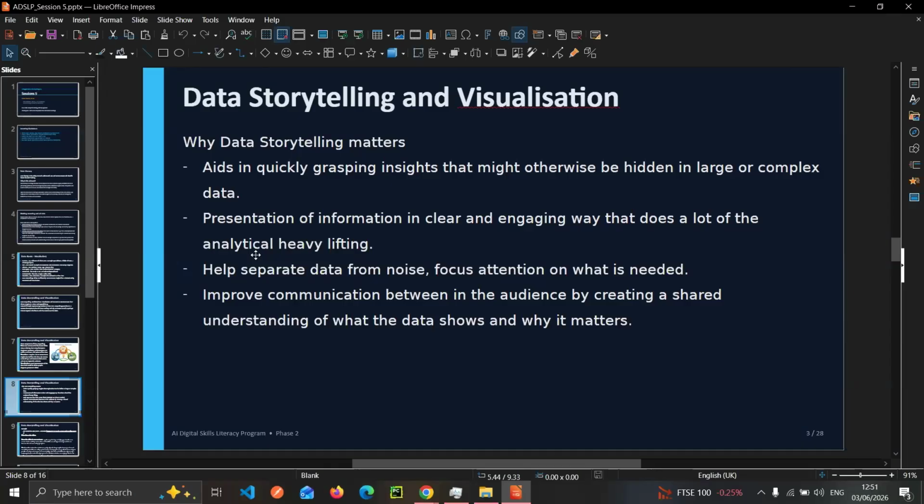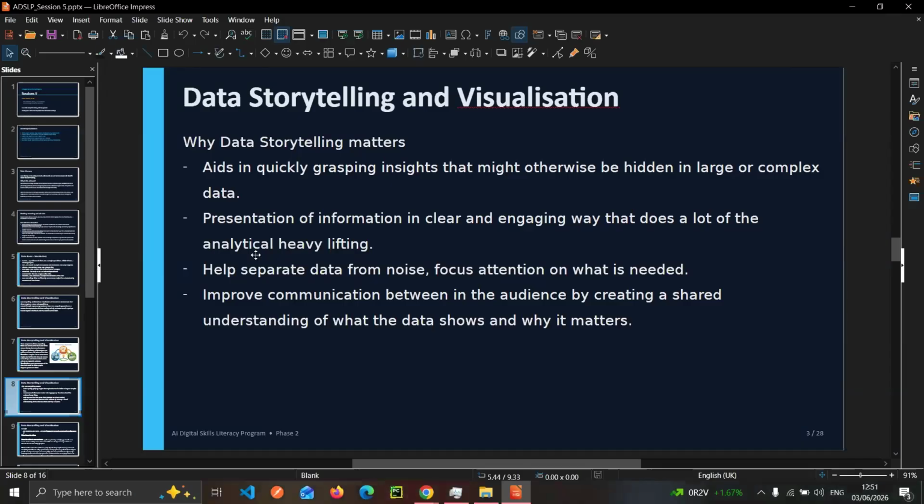Imagine presenting data and using just numbers, the average, the standard deviation, the probability, and you're using statistical jargon. Depending on the audience, not everyone is going to grasp or understand what you're trying to give out. So, data storytelling does the heavy lifting of the analytical part of it.